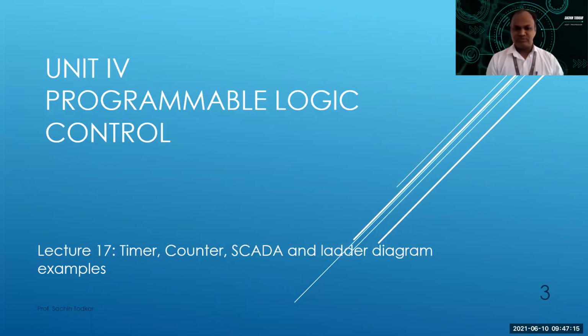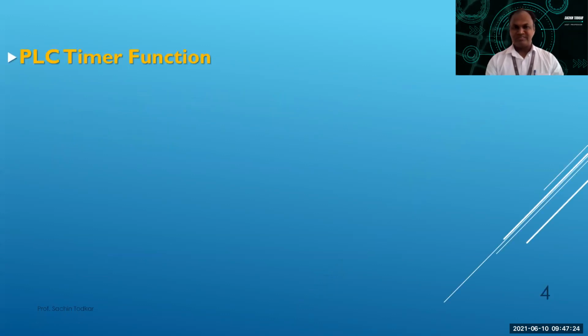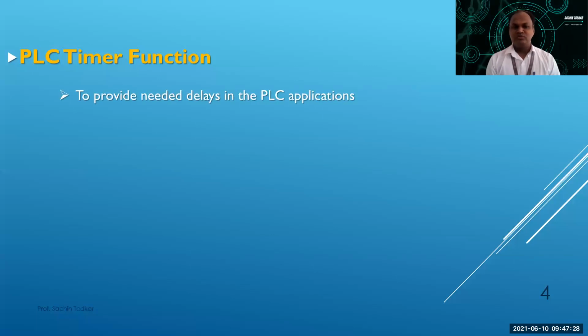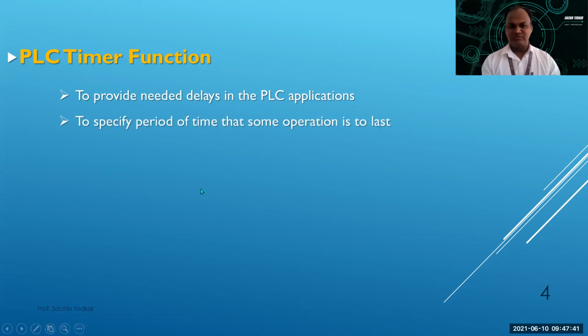So this chapter will be timer counters, SCADA related some examples and ladder diagram examples will be there. So what is PLC timer function that we are going to see first? It is used to provide delays in the PLC application. If you want to do some delay in any application, you have to introduce some timers. Or if you have to specify period of time that some operation is to be lasted, then timer is activated